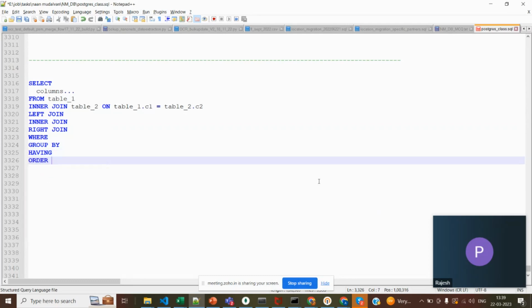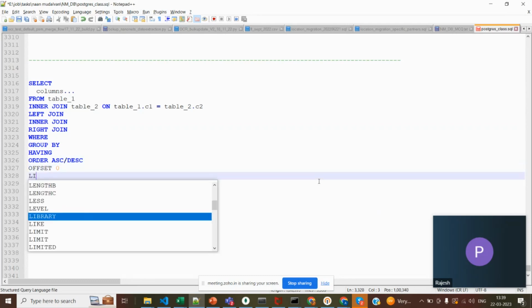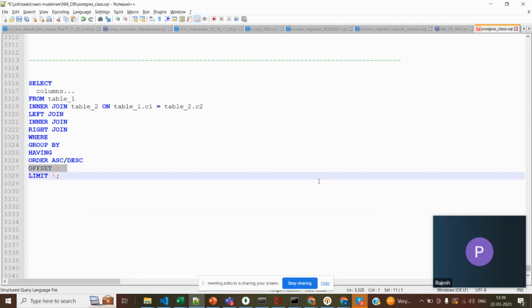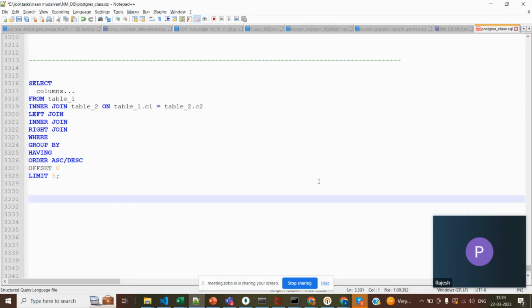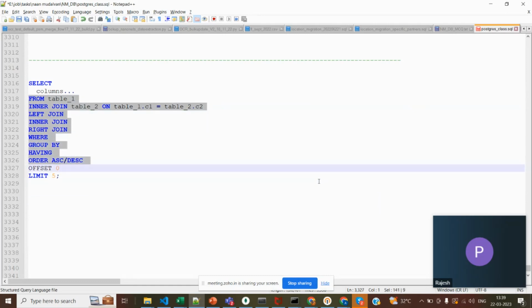Then you can order the query output in ascending or descending. Then you can do pagination. Pagination, I'm not sure if it is covered. You can say offset some number and limit some number. Offset means you have to move the results. Like my select from the joins, where condition, group by, having, order by. Once all these get executed in the CPU or in the Postgres memory or something,